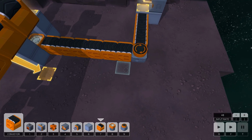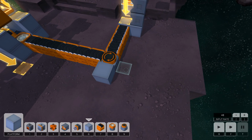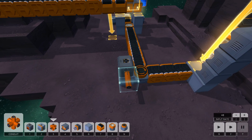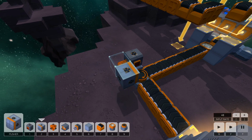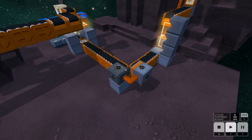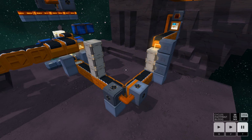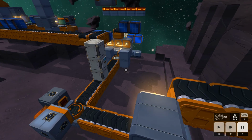And I think, really what I hope, is that I can just shove it off of there, but for some reason I don't think that's how those work. Yep, that's not how those work. So